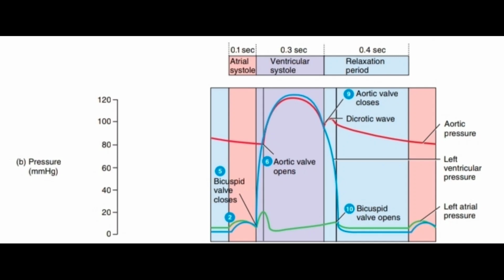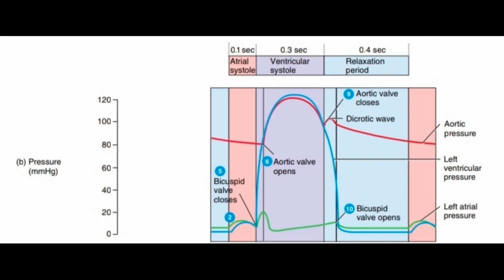You can see that the pressure rises to about 120 mmHg as a result of ventricular systole. As the pressure inside ventricles begins to rise,